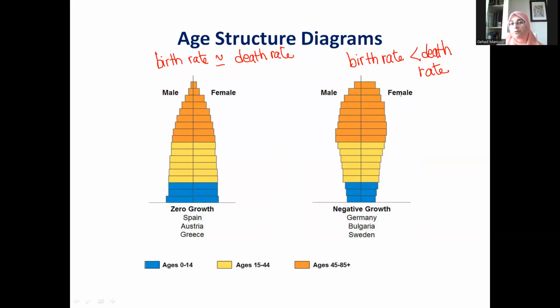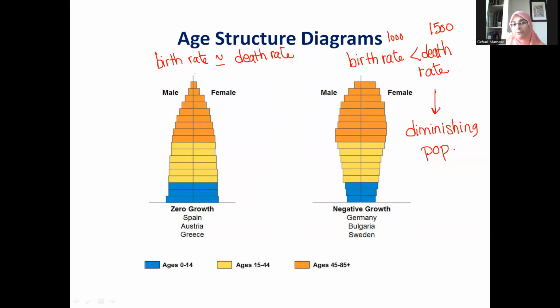So if you have, for example, 1,000 births per year, then you might have 1,500 deaths per year, and therefore the size of the population is diminishing all the time. So you have a diminishing population,